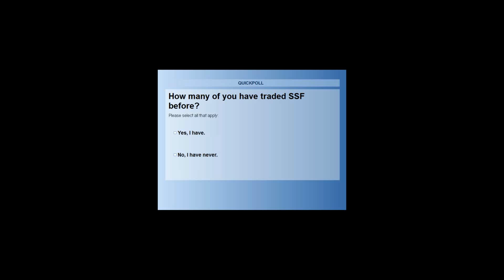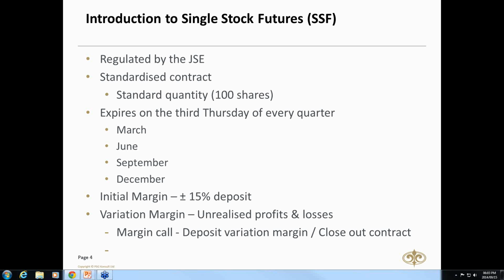Being a future, these things have a life: 90 days, or a quarter. The third Thursday of every quarter, we have expiry. For example, this Thursday, the 18th, we are doing the futures close out for the September quarter, and we're rolling over into the December quarter. The third Thursday of every quarter, be it March, June, September, or December, you have a contract that trades for that period of time, 90 days.